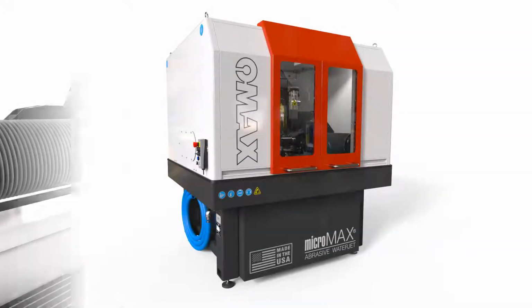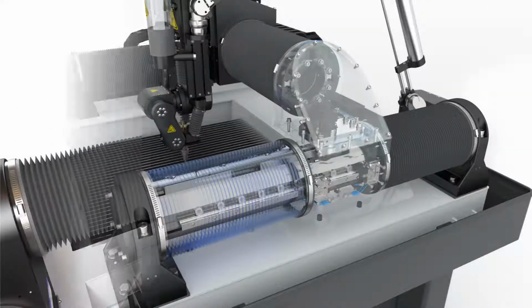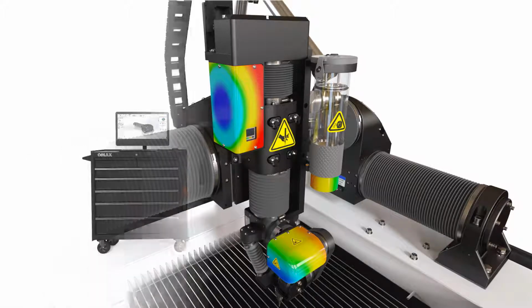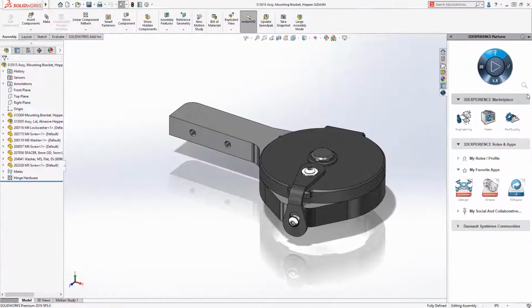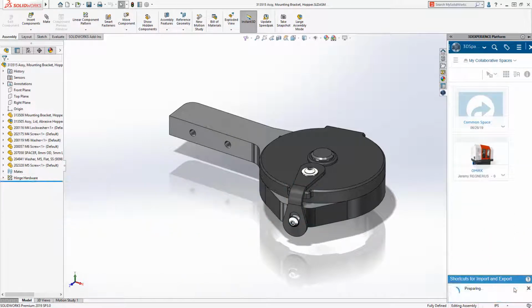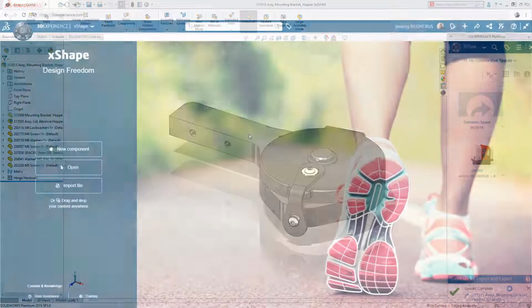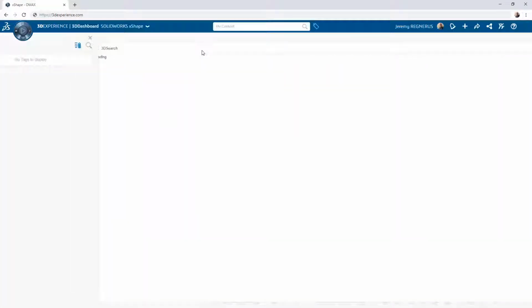Omax Corporation stays ahead of the competition by leveraging all of the design tools at their disposal. SOLIDWORKS 2020 offers new ways for companies to take advantage of a connected ecosystem of products. The 3D Experience Platform Connector for SOLIDWORKS Desktop enables you to leverage your existing on-premise design data to work how and when you want. Easy to use, simply upload your SOLIDWORKS files to the 3D Experience platform where you can